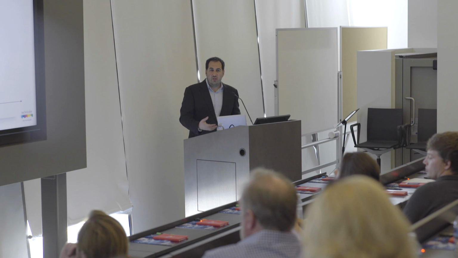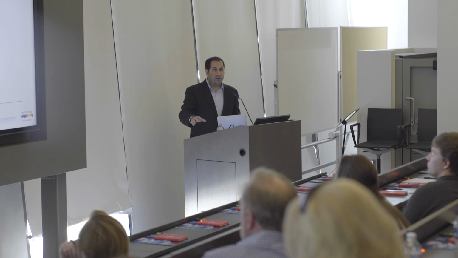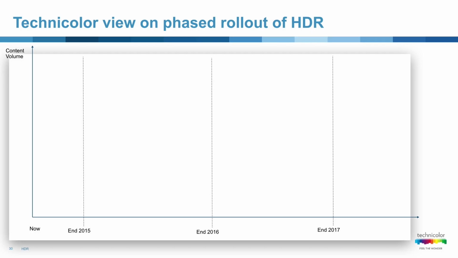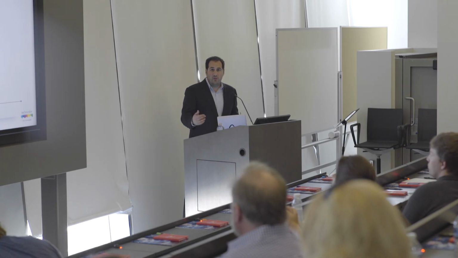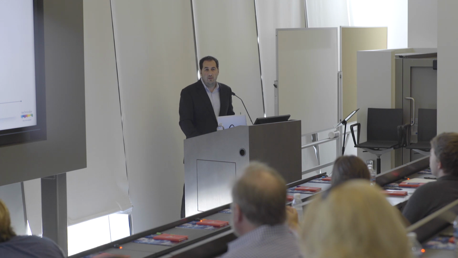This is kind of the prediction of the way that the market is going to go. Don't hold me to the dates. The point is really the market is starting around creating HDR content. So movie content has already started to be created to this UHD Alliance premium specification. It's started to be created, and in fact, I'll show you some of the distributors are actually already distributing content.